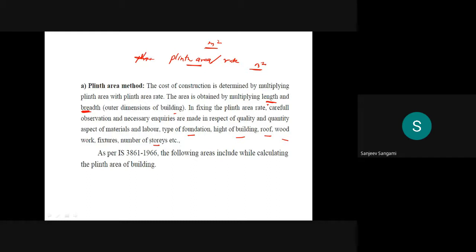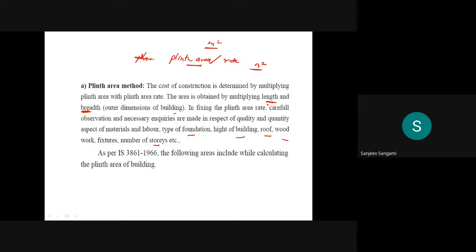Care should be taken in this method if you have confusion about the height of the building. Sometimes you may take that you need only 8 feet of wall height. Sometimes you will not know at what height you are going to raise the building. In that case, it is not correct. Only when the length and breadth dimensions are very clear can you use it.